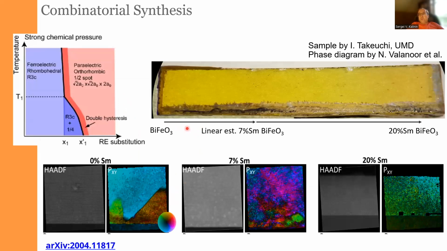So how can we use it for real world applications? The first example that we worked on was the combinatorial library of the bismuth ferrite doped by the samarium. This is a very cool system because on the one end, it is a rhombohedral ferroelectric material. On the other end, this is a paraelectric orthorhombic material. So basically moving across this gives us the cross-section of the phase diagram. And we know that in the center, there should be some interesting and unusual phases corresponding to the morphotropic phase boundary. And in some sense, this was the whole motivation of starting this